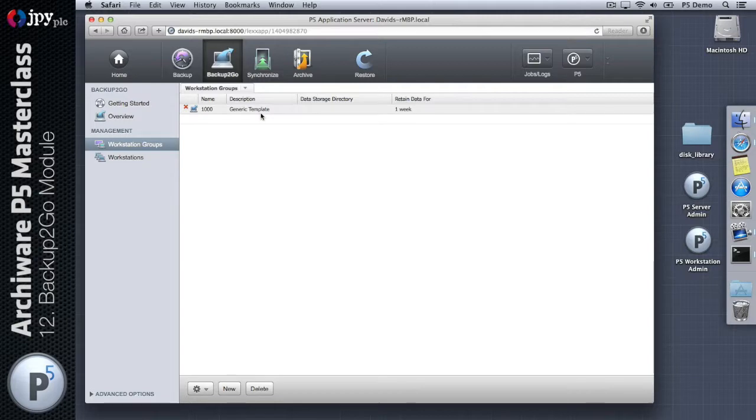So you need at least one workstation group, also described here as a template, in order to start backing workstations up. So you configure that, and then you go to your workstations, you install the exact same P5 software on those Windows and Mac workstations, and then you use a special separate web interface that allows the workstation owner,